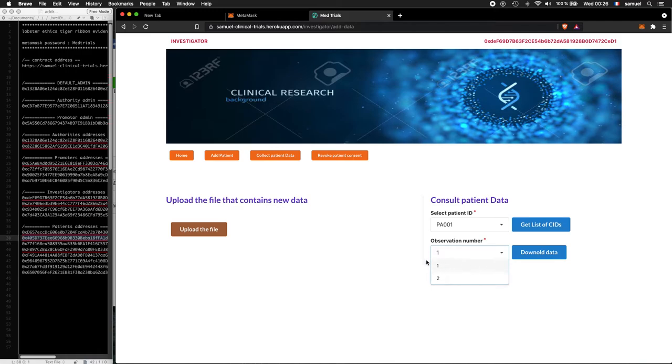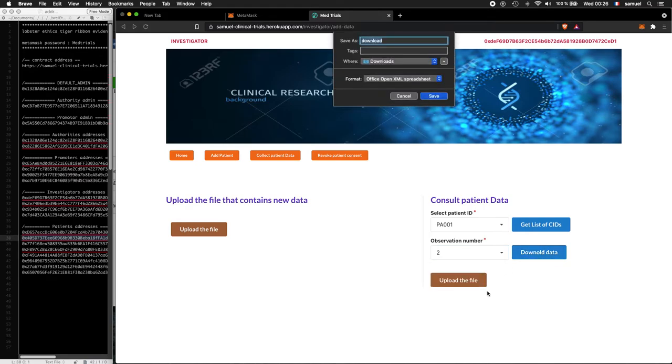Since we already displayed the first trial, now we need to display the second trial. Of course, we can also display information for the first trial, but we've already done that, so we need this one. So click on download.